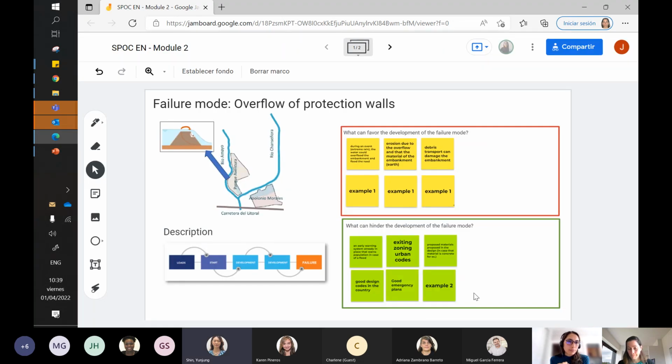Sorry, I don't know if I understood correctly. So, increasing the resiliency of this embankment material wouldn't be in the scope of hindering failure mode. Rather, it is solution side. If the design already considers stronger materials, that will be on the hinder side. But if you are saying a stronger material will be better,